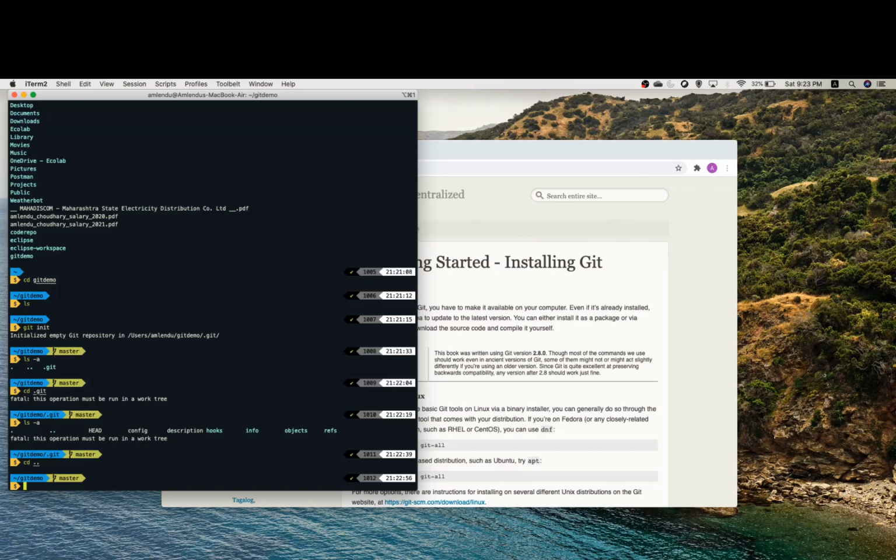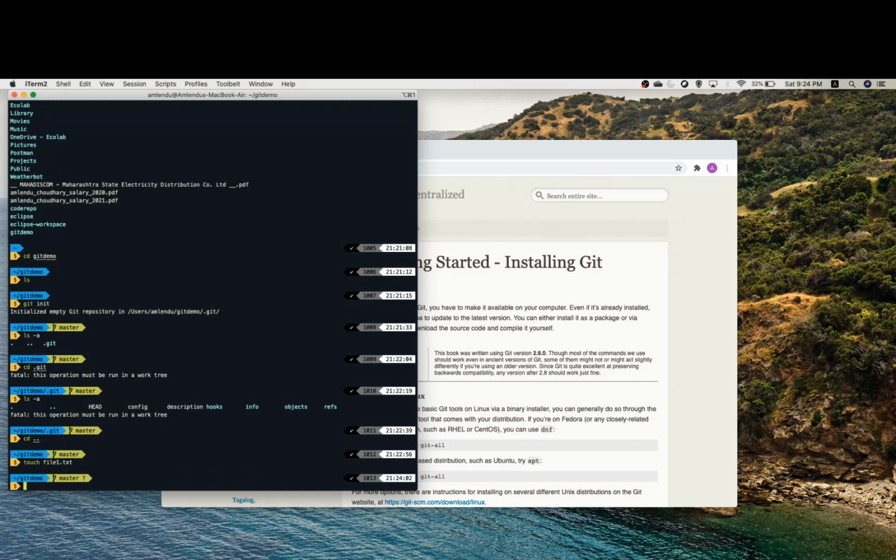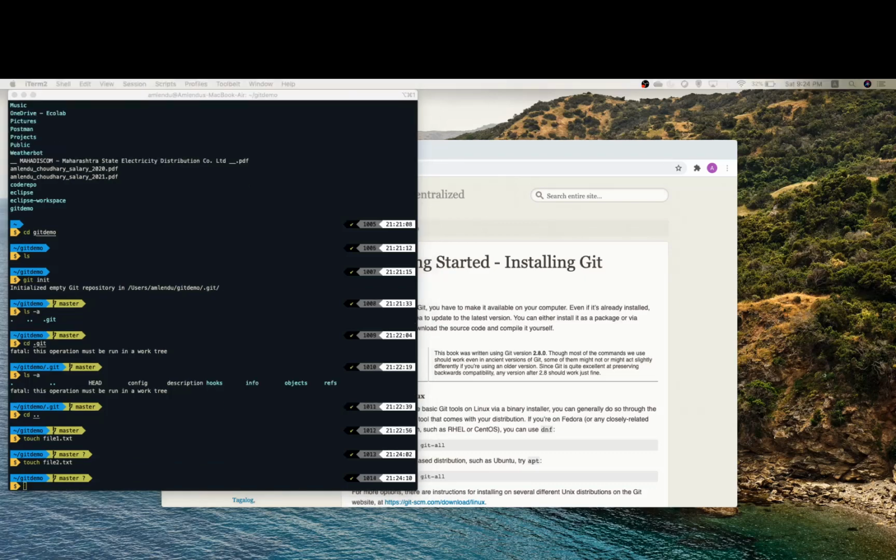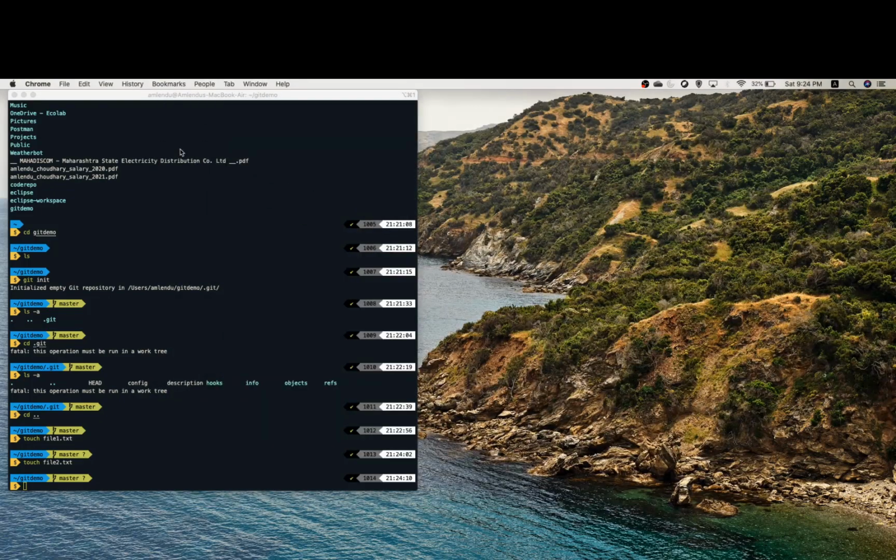So let's create one file here. We will create file1.txt and we will create one more file, file2.txt. Now one more thing that I am going to do is have these things captured also inside Visual Studio Code, which will give me a nice visual way of looking at the branches and the repository file.